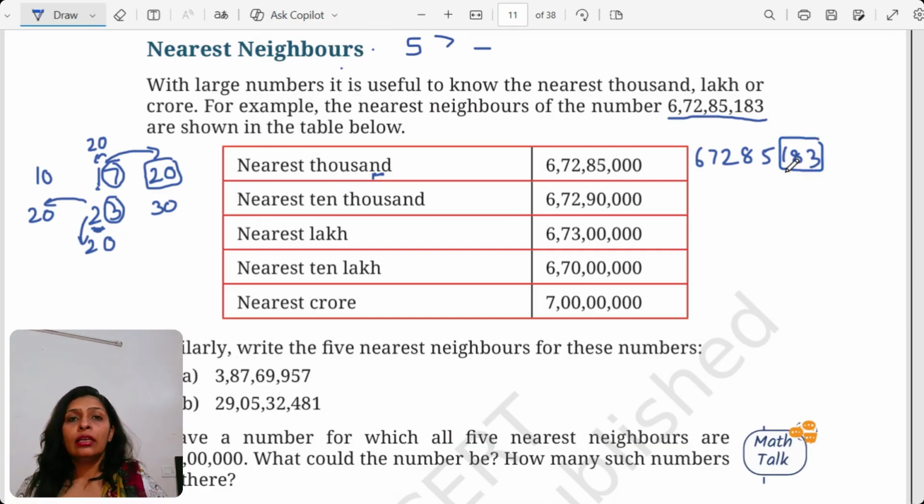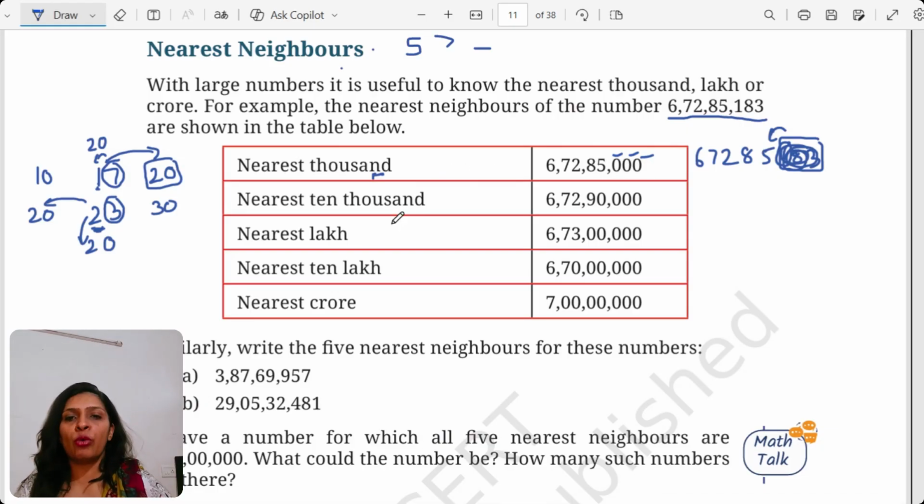Okay. Now again in this also we will focus more on this 1. So 1 is less than 5, so it's a smaller number, it's a weaker number, it is not going to put any impact on the next number, that is 5. So this number will become 67285 because it didn't change, and since we are rounding off to the nearest thousand, the rest of all the digits will become 0, right? So see, we have got all the thousands place digits, like we get three zeros because thousands have three zeros.